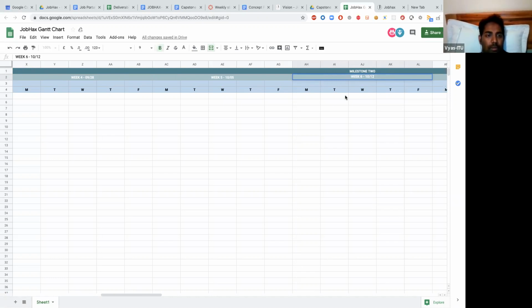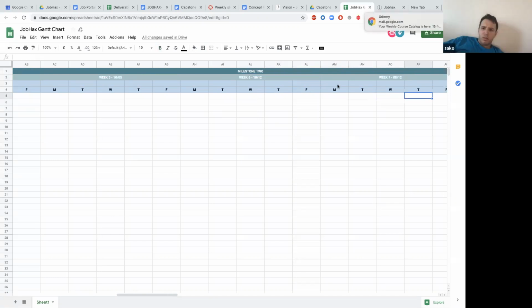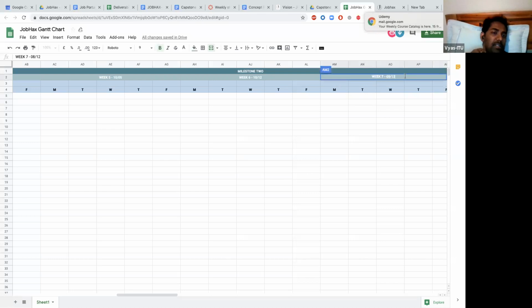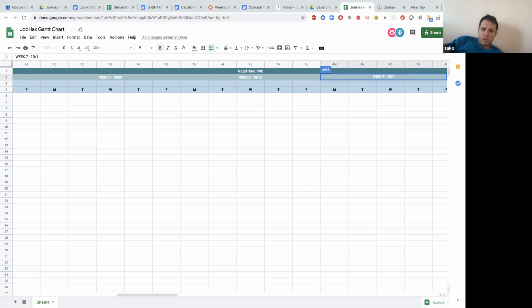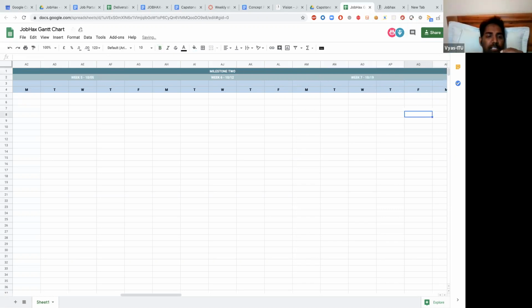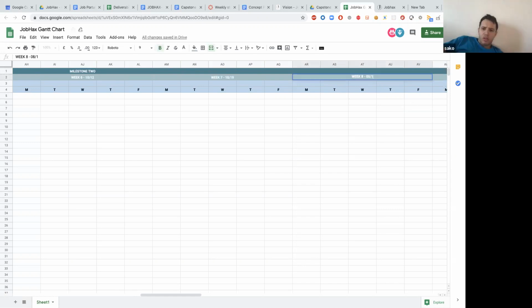Just correct me if I'm wrong. I'm just filling my part of the Gantt chart for this week. Oh, I see. Yeah, you guys should definitely add stuff there. Meanwhile I'm trying 9 to 13.